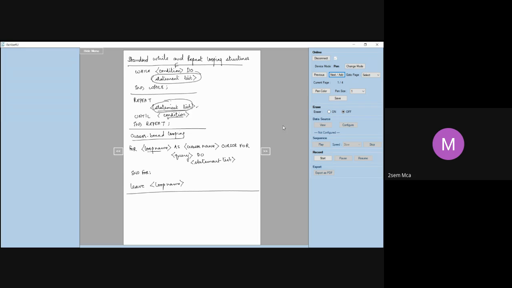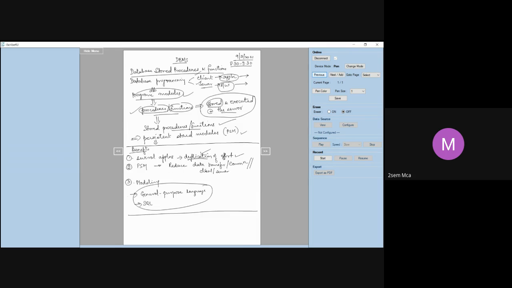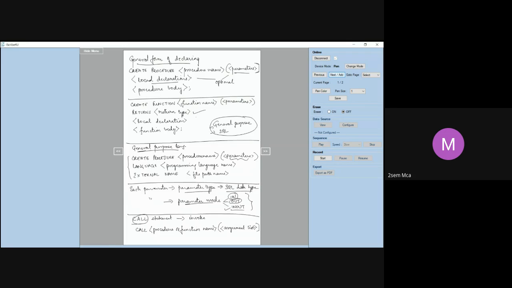So that's about stored procedures. We saw what a stored procedure and function is, and why we require them. Then we saw how to declare a procedure and a function, and how to make use of a general purpose language. Then we talked about parameters and the call statement to invoke it.